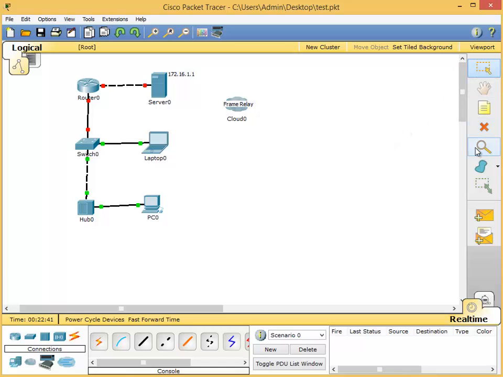Here is, for example, the inspect tool. If you want to inspect the traffic from one device to another device. Here is drawing, if you want to draw a polygon, rectangle, ellipse and so on. To maximize the window, resize the shape, and then here is to add a PDU or simple PDU. For example, if you want to ping one PC to send a packet to another PC, that's how